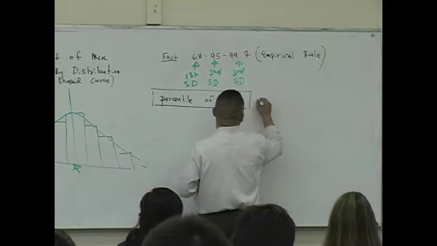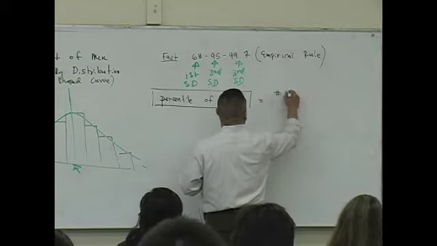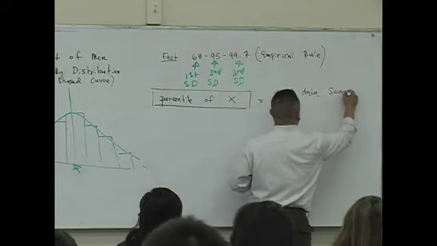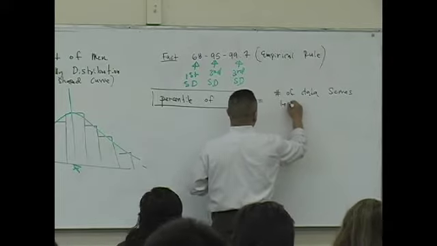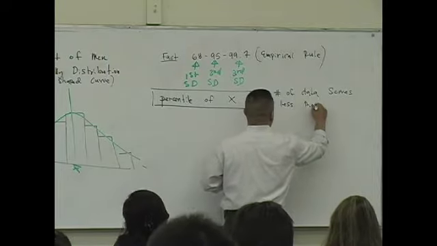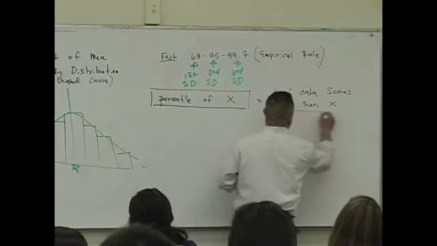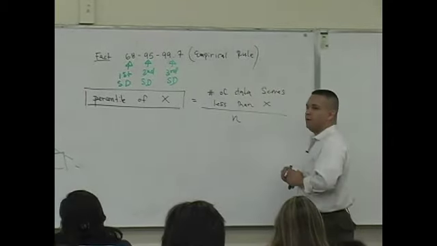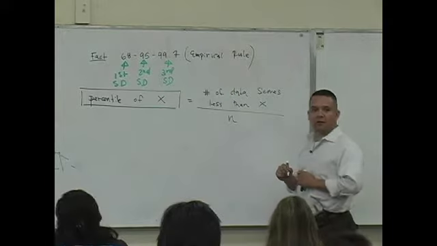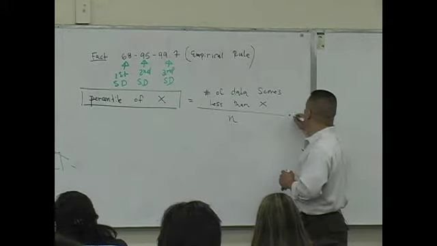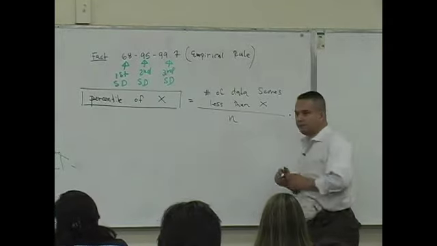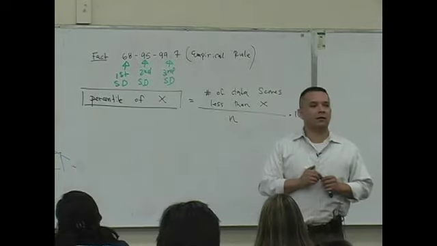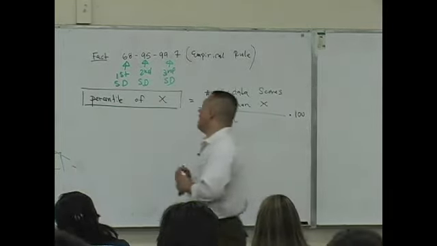And that's defined to be the number of data scores less than X, whatever that score is, divided by N. What's N? Sample size. Good. Times 100. Okay, you guys with me on that? Okay, so let's see. For example,